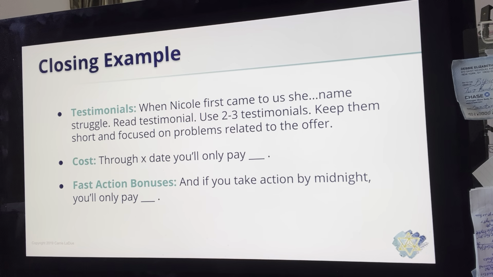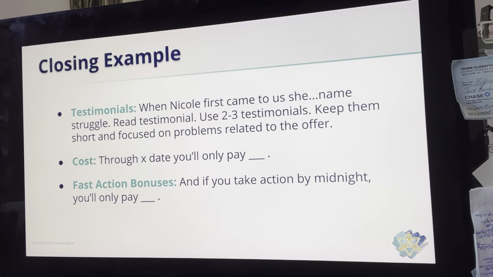I can't tell you how many times I've seen somebody share a page-long testimonial and 90% of it has nothing to do with the offer. Now, if you don't have offer-specific testimonials, that's fine. Use testimonials that are just about how amazing and awesome you are. But use bold-faced font on those slides to show the most important points. A lot of times their eyes are going to just be drawn to the bold-faced font, so you get to call out in the testimonials what you think is most important.